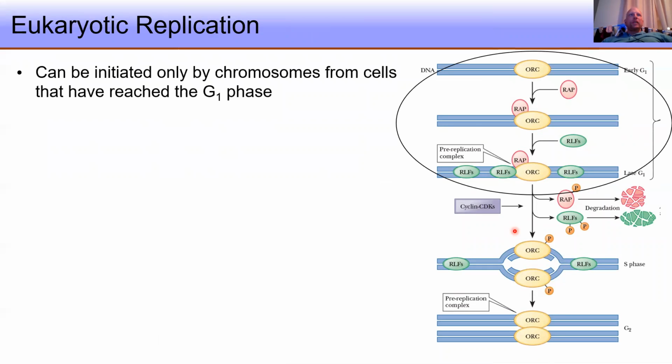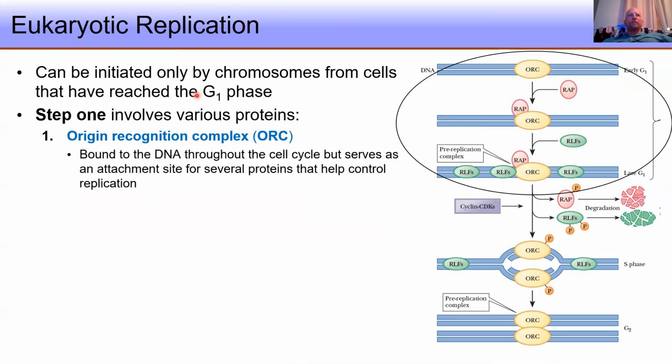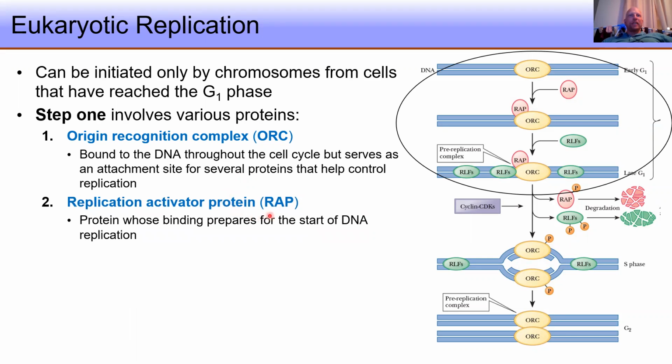So replication of DNA can only be initiated by chromosomes from cells that have reached G1. And in step 1, we have a variety of proteins. We have an origin recognition complex, or ORC, which binds to the DNA all the way through the cell cycle and enables other proteins to attach to control replication, such as RAP, replication activator protein, and that prepares for the start